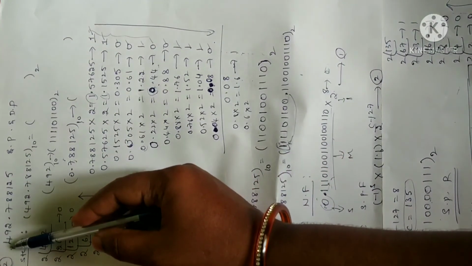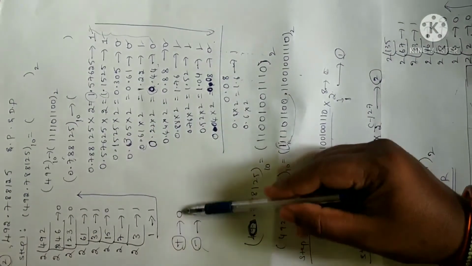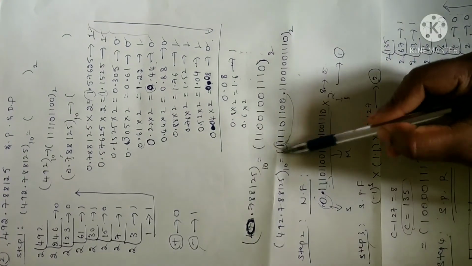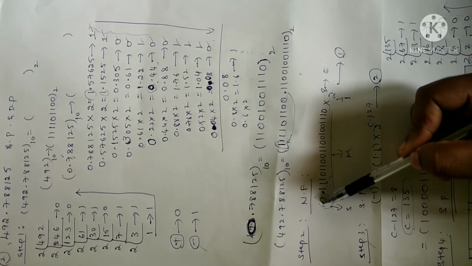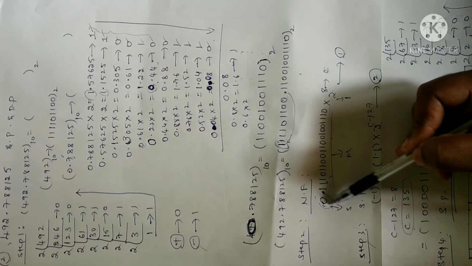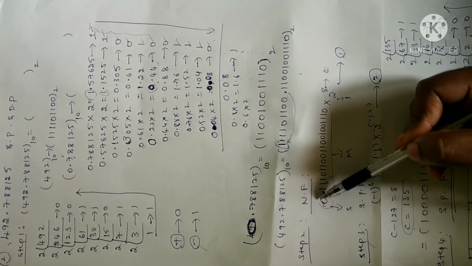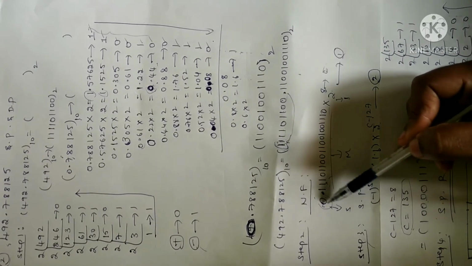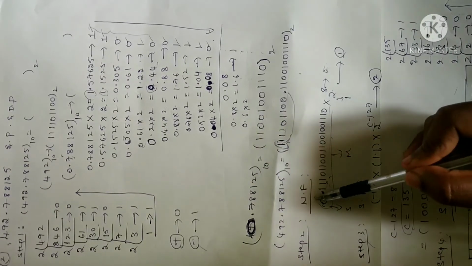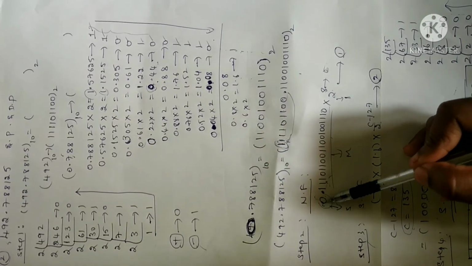positive sign is given or not. If the positive sign is given, for the sign, the first digit, you have to fill it with 0. If positive sign is not there, you have to fill it with 1. In the sense, for negative sign you have to fill it with 1. If it is negative, it is 1. If it is positive, it will be 0.